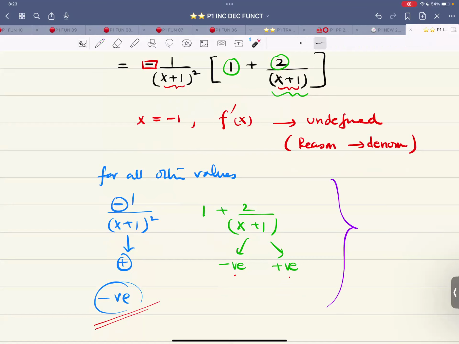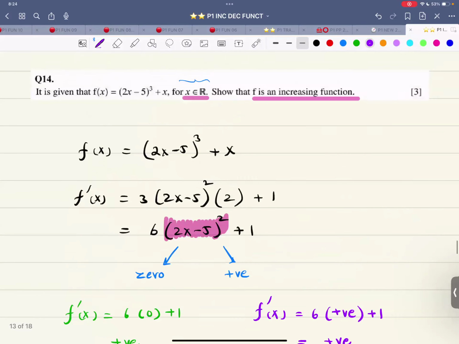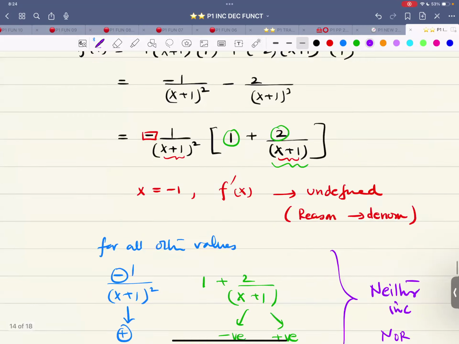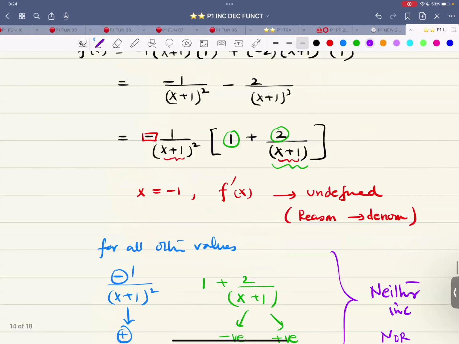This negative into this overall negative can make it positive. This negative into this positive can make it negative. So therefore, it's neither increasing nor decreasing. So it's neither an increasing function nor a decreasing function, because we are unsure. We were very, very sure over here. That was very sure. But over here, we are unsure because one of the brackets has a power of 2,